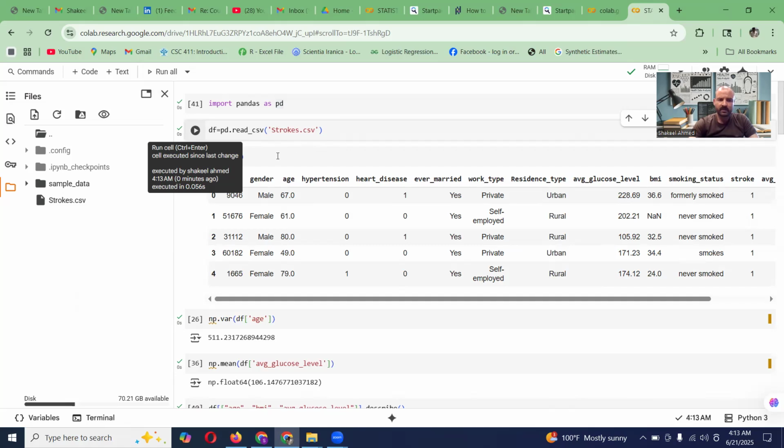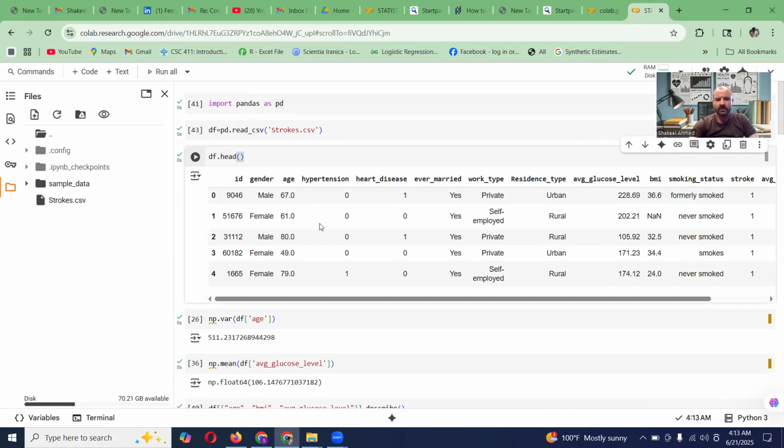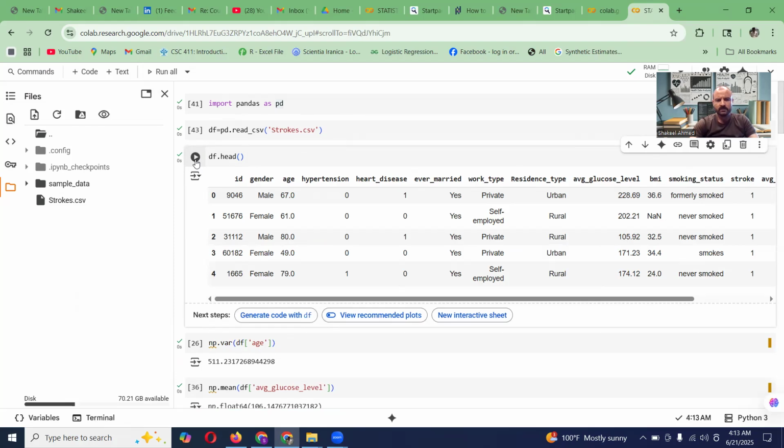And then the next step is to see the first few cases of your data, you can read, and you can just run this. So I have a data set on different patients. These are patients' IDs, and these are gender, age, hypertension, heart disease, and so on, and these are all that mixed type of data set. And you can generate a code with your data frame. You can generate codes online,